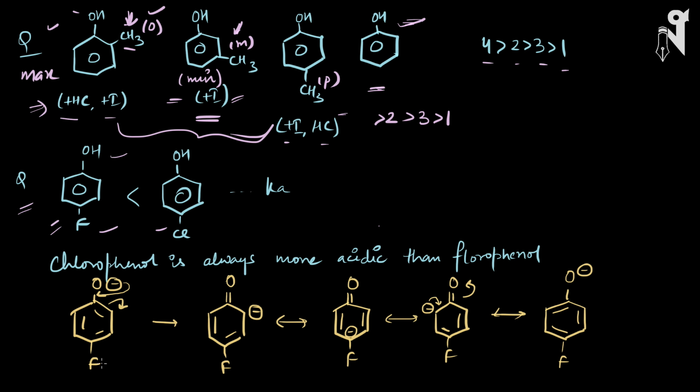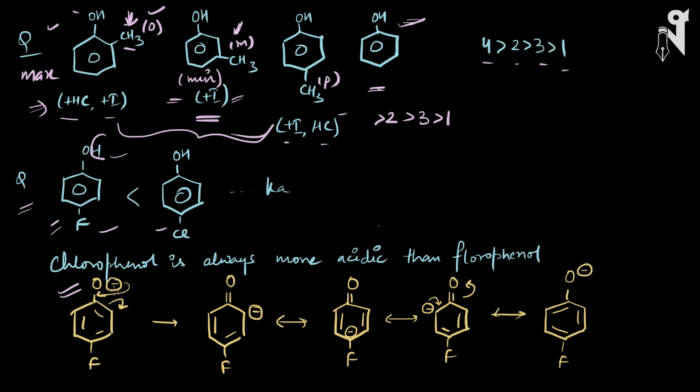So when we are talking about fluorophenol, if H plus is out, then you will get O minus over here, and if you draw its resonating structures, the resonance will be electron donating resonance by O minus itself. O minus here will be donating electron density. Fluorine is not donating its pair of electrons. It's O minus which is participating in the resonance and bringing it to the next level. So fluorine is right now not participating in the resonance, and its electron donating effect is not going to hamper the process. We are just seeing how the O minus is getting stabilized.